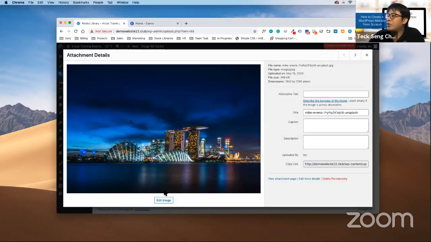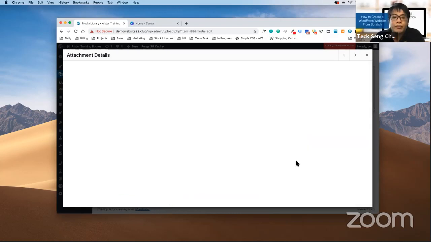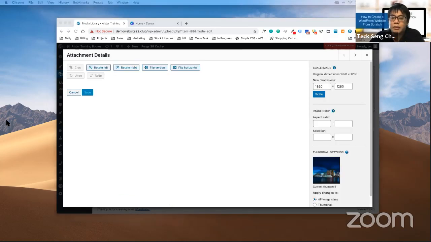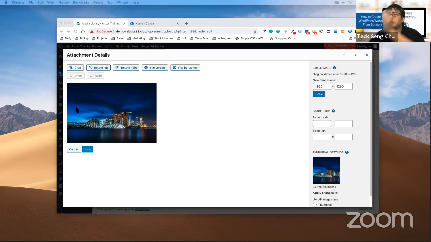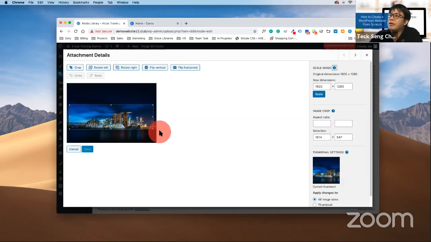So for those who already have this edit image, your width should be 1920. Once you got the 1920 width, on the left hand side, select the area you want. Your width must touch from one side to another side. When you select, take a good look at your selection on the right hand side. You will see a selection. If you have selected 1920 and the amount is not 552, what you do is just choose 552.